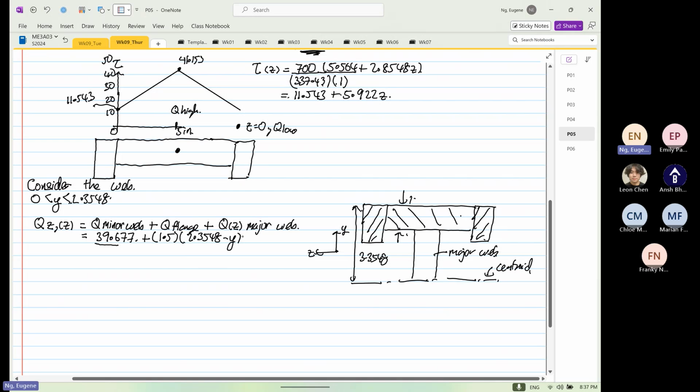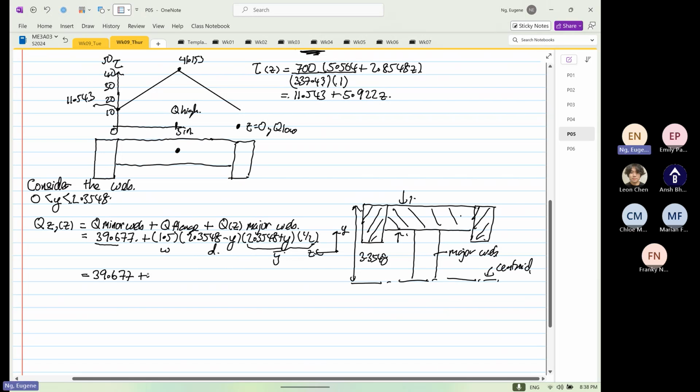Minus Y. Okay. Oh no, that's Y. And 2.3548 plus Y, multiplied by half. Right? We learned this before. Y is 1 minus 1 plus, divided by half. So we know that this is a width, this is the depth, and this term over here is a Y bar. So this is equal to